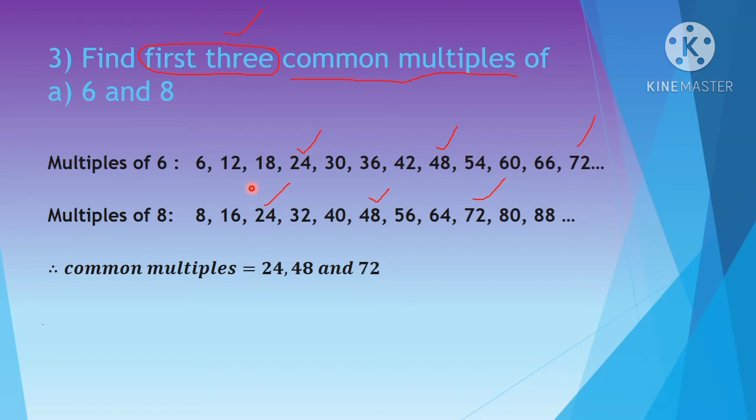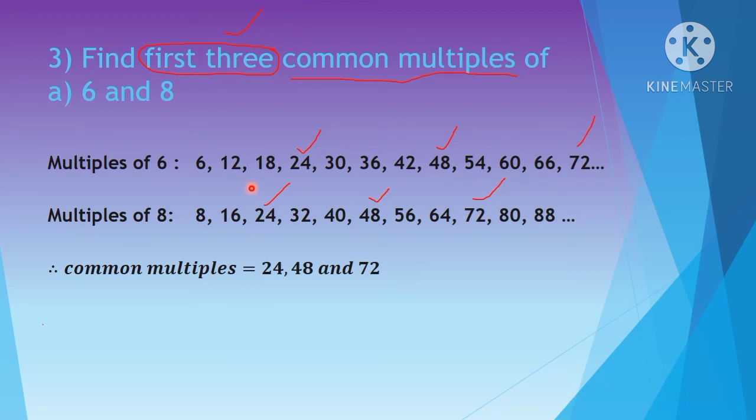Next, can you find out 54, 60, 66, 72. Yeah, you have 72. So here you easily got the 3 multiples. If you are not getting, continue for 5 more numbers or 10 more numbers. Till you get the 3 common multiples, you have to write down the multiples for 6 and 8. Here we got the multiples, so you don't want to continue writing the multiples.